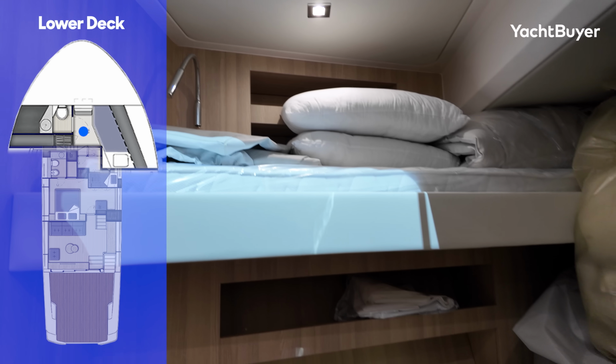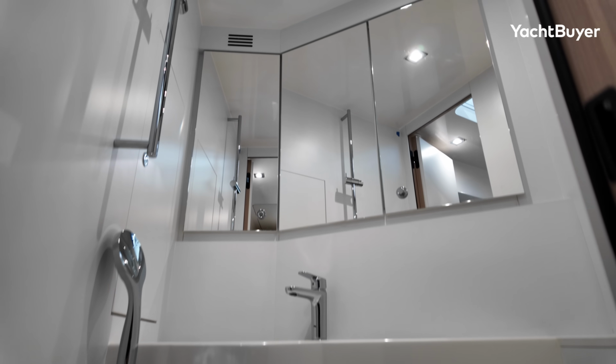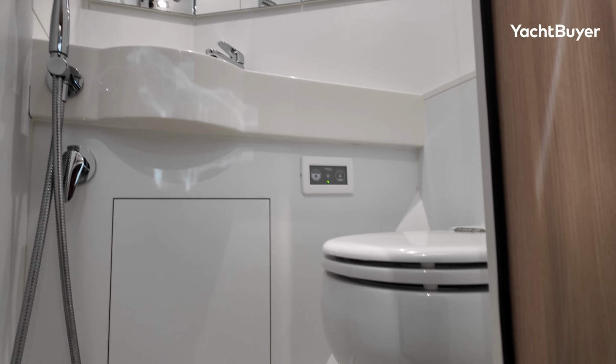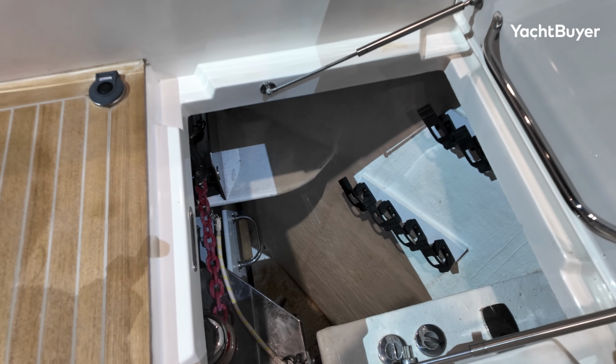As these types of cabins go, that is not too bad. At least it's got a nice separate bathroom, it's nicely finished. It's a bit of a cave, but yeah, it's reasonable down there, even if you are going through a hatch that's quite tight. Underneath my feet, that's access to the anchor locker, and this is a real sort of Bluegame